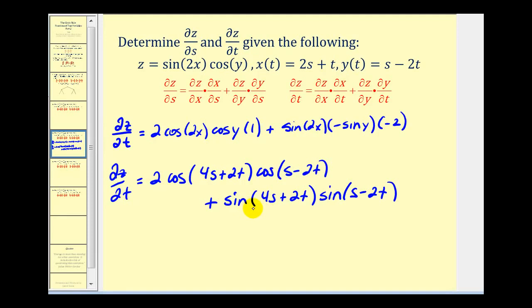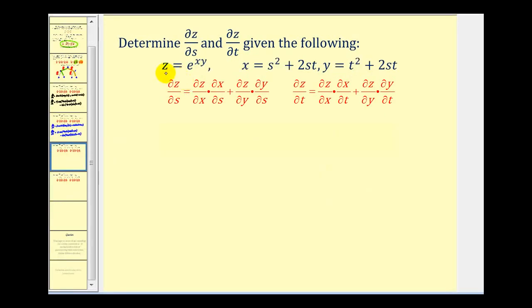Let's go ahead and take a look at one more example. Here's our function z in terms of x and y. Here's x and here's y. So let's start with the partial of z with respects to s. So we'll start by determining the partial of z with respects to x. So we're treating y as a constant. We'd have e to the xy times the derivative of xy, which would be y, times the partial of x with respects to s. Well, here's x. So the derivative of s squared would be 2s plus, this would be 2t,